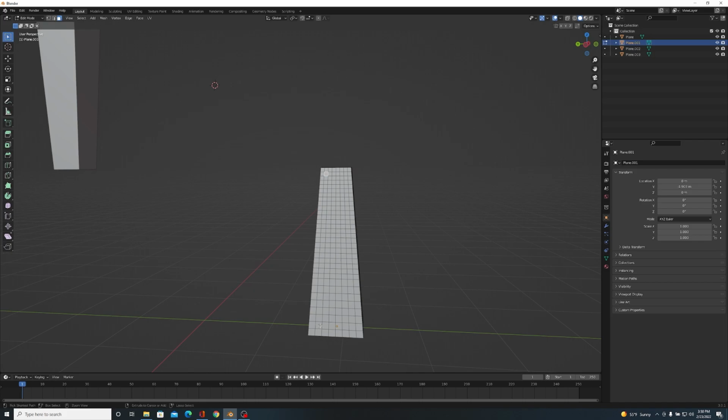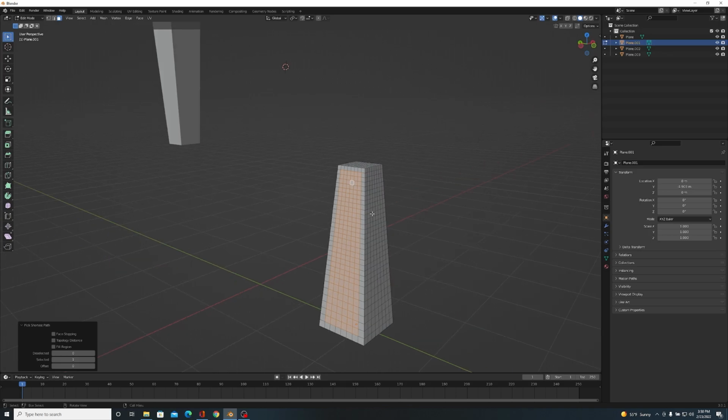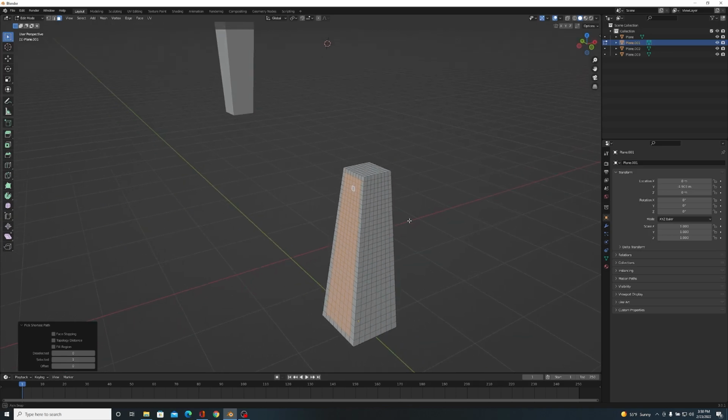But then if you hold control and then left click, it'll create the shortest path. Actually, it even says pick shortest path. And you can mess with these. I don't ever mess with those. I'm sure there's some cool stuff you can do with it if you know how to mess with it. But for me, all I need... And now I'm just holding control and then clicking each point. And then it picks the shortest path. Bam.